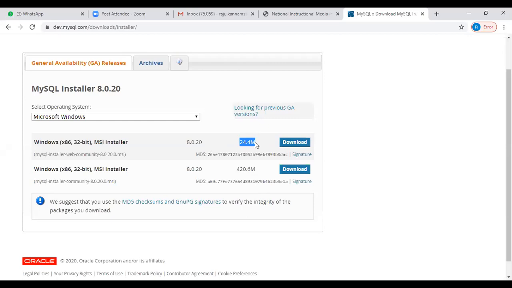For the first one, we download the MySQL online installer, we have to open it, and that online installer will connect to the MySQL site, and it will download the software and install at the same time, automatically. And this second one is the traditional kind of installation. That means we download our setup file onto our computer, then we install our software.